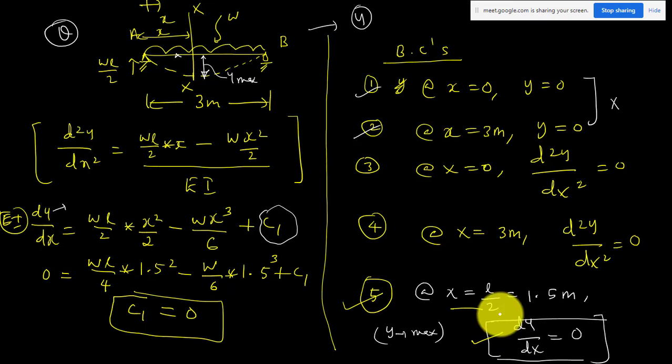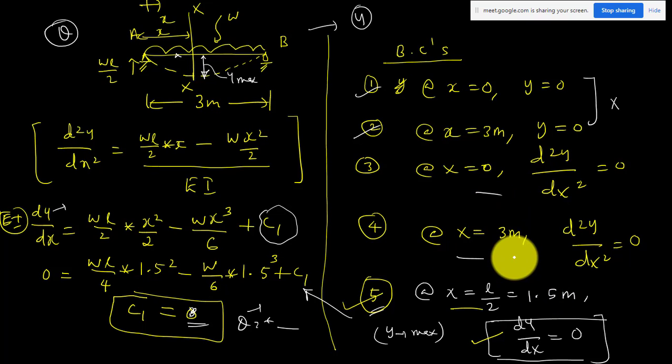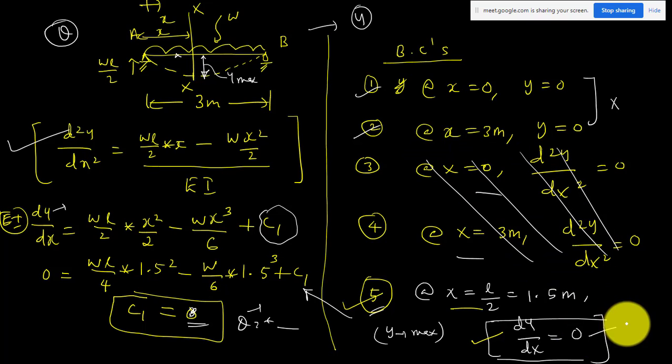So use this boundary condition in this equation and you can get the value of c1. You just solve this equation and you can get the value of c1. You got some value, so now you have the equation for your slope, w into something plus the constant c1. Like this you can use the boundary conditions if they give you any benefit for your question. Otherwise don't use them. If your solution is starting from here, these two boundary conditions will never help you, but many times this one will help you.